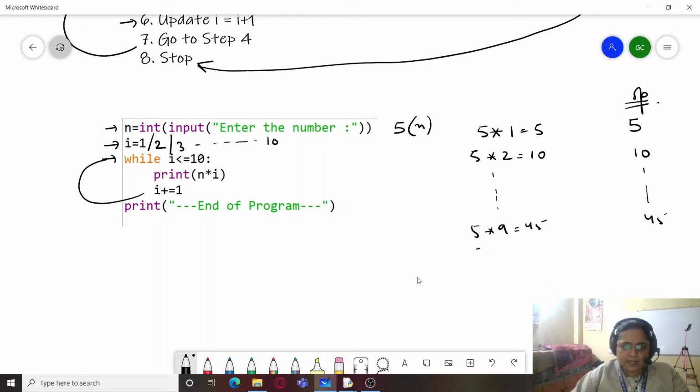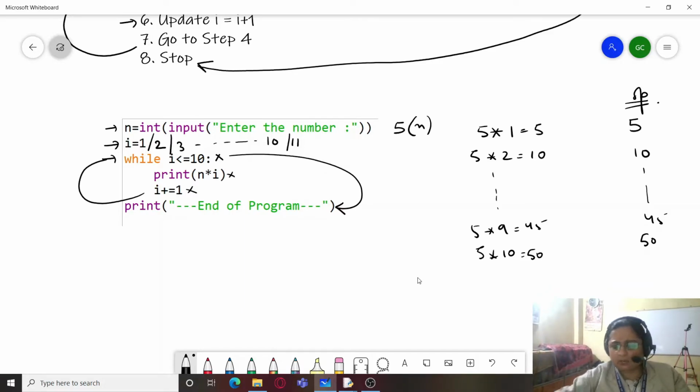Then 5 multiplied by 10, which is equal to 50, print the value, and now the value of I again increments and becomes 11. Check if 11 is less than or equal to 10. It is not. So here the condition exits and these statements are not executed, and the program control directly reaches the statement which is immediately following the while loop block.